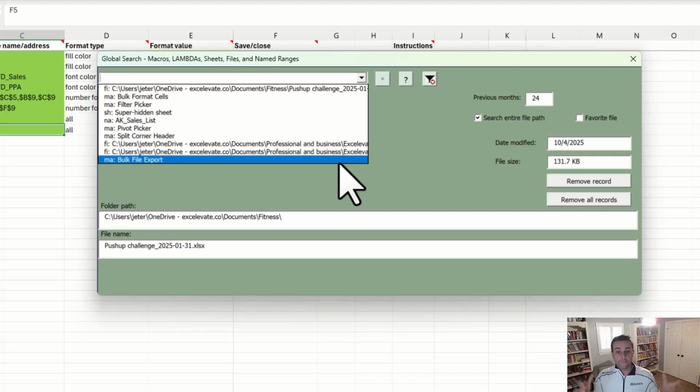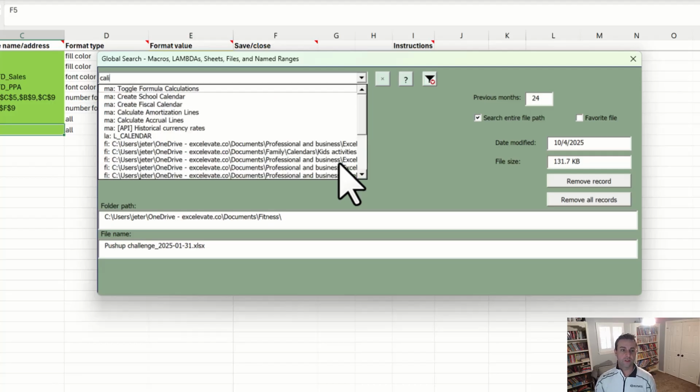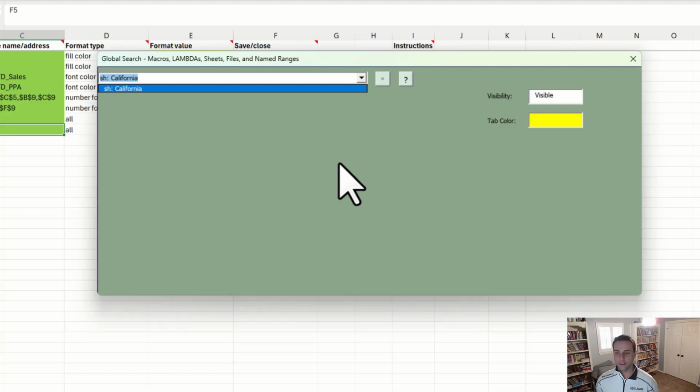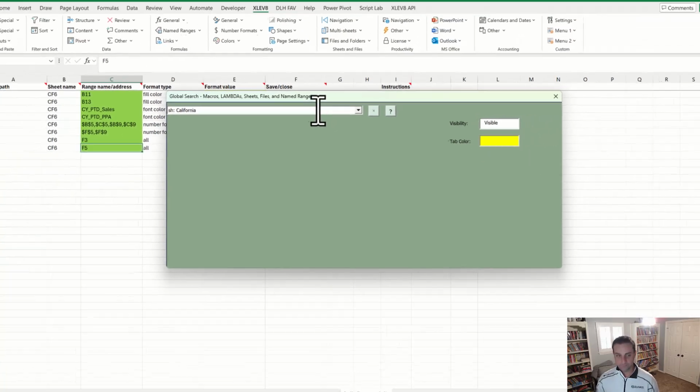Now, a third one, if you have a file with a lot of sheets in it, and a lot of my experience has been in retail where we have a ton of sheets, you can also search for sheets. So as an example here, I'm going to search for a sheet called California. Notice I just put part of it in there. Not as many details here, just that visibility and then the tab color, but press enter, it jumps right to